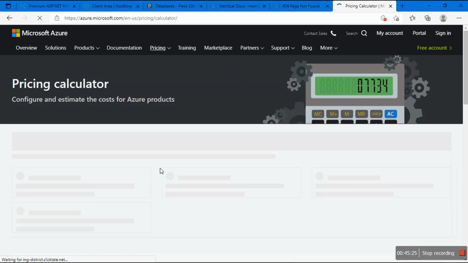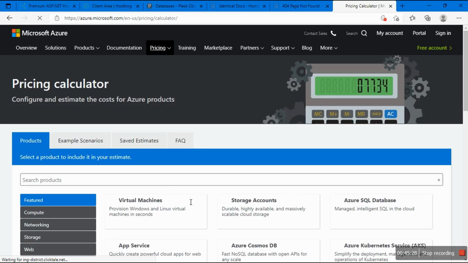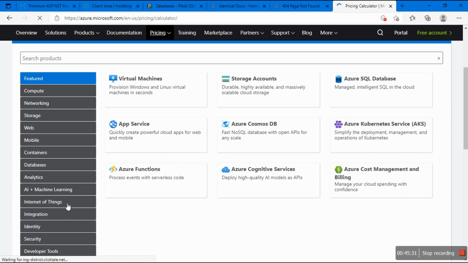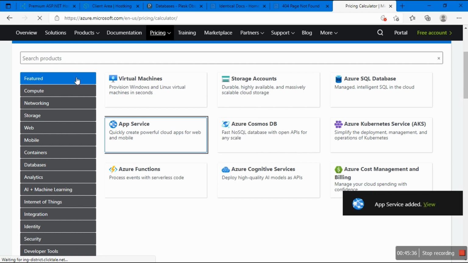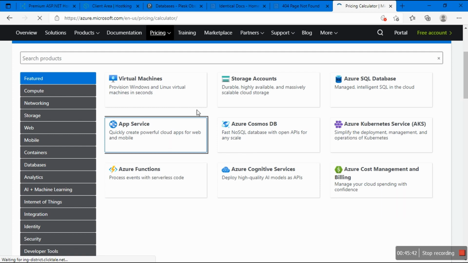Cool. So the pricing calculator, if this thing can finish. What you want to do here, let's go to web. Now app services here. So shortcut. These are the featured services. I also want to do Azure Functions, Azure SQL Database, Azure Kubernetes Services. I know Azure Cost Management and Billing, I've used it. Azure Cognitive Services, I'm going to build a system for CUT, for my school, I'm going to use the service soon. I've seen Azure Cosmos DB, it's just I'm not a fan of it. I want to use a storage account, you know. So I want to do stuff. Come on, I've clicked you.